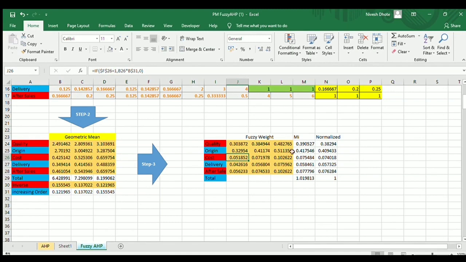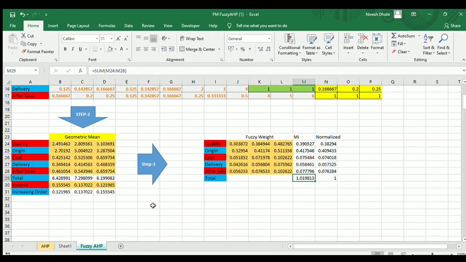Now our next step is to calculate the average of those values. So here we have taken out the average of these three values, and we can say this is the weight, but I will not say this is the weight. Why? I will explain later. Similarly, in origin it will be 0.41. In cost the average will come out at 0.07. Now if we add it, we will find that the value is not equal to 1, meaning we have to normalize these values again.